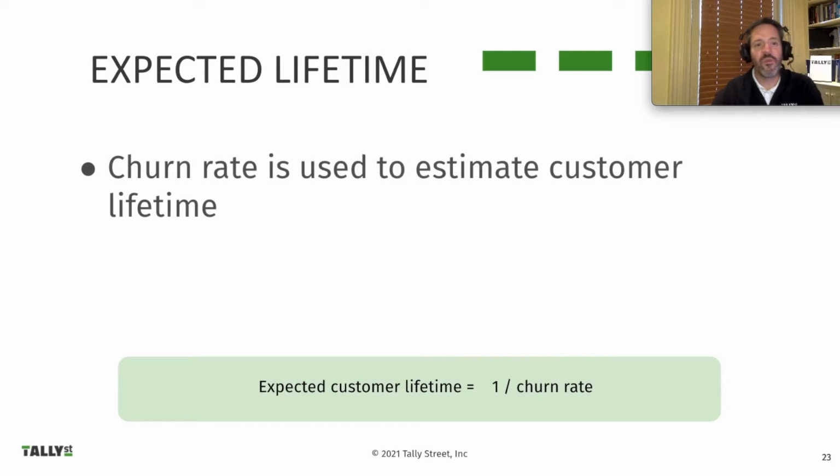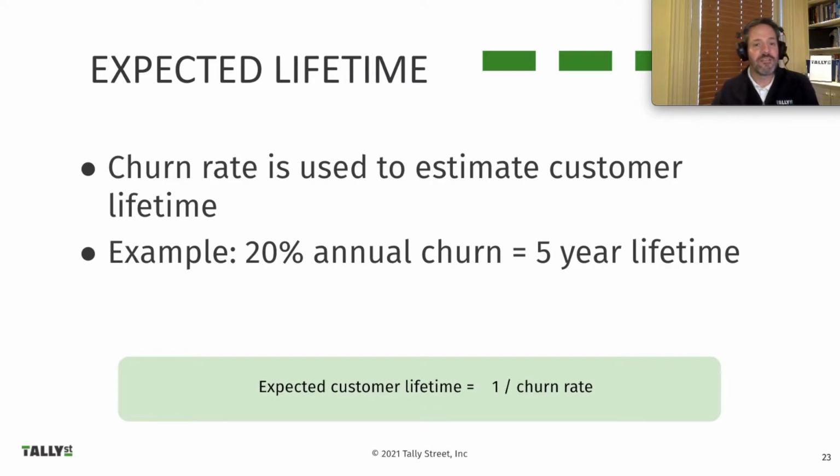A useful thing to do once you have the churn rate is to use that to estimate the amount of time that you can expect to have a customer. That can be done by taking just 1 divided by the churn rate. As an example, if a company has a 20% churn rate, so if they had 100 customers and retained 80 of them, then that means they had a 20% churn rate. Then we would expect a new customer to stay with us for an average of 5 years. And that's simply 1 divided by the 20%, or 0.2, equals 5.